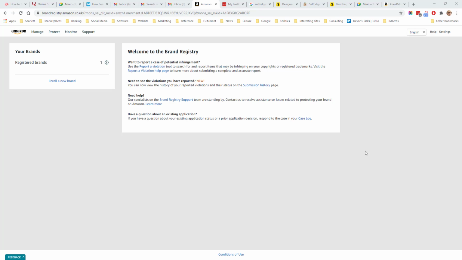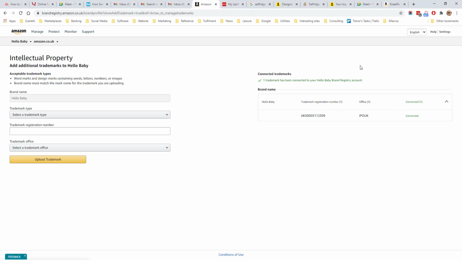So what actions can be taken from within Brand Registry once you've set it up? From the Manage menu, you can enroll a brand, which we discussed in another video, or you can manage your trademarks. In this section here, you will see the trademarks you have already uploaded for a brand. And in this section here, you can upload additional trademarks to a brand which has already been onboarded onto Brand